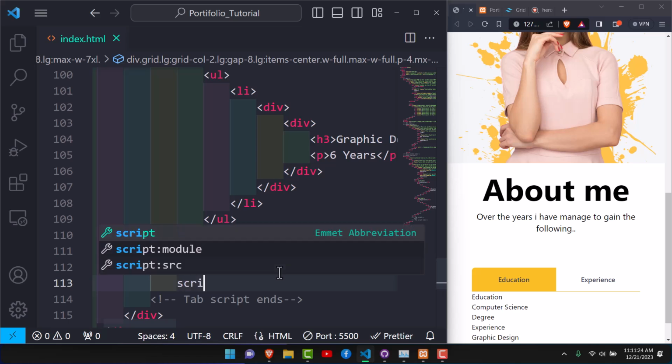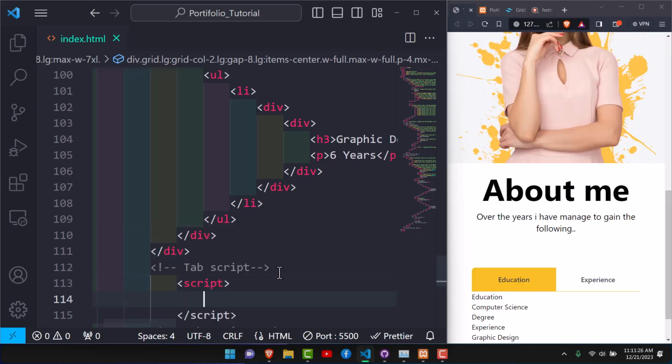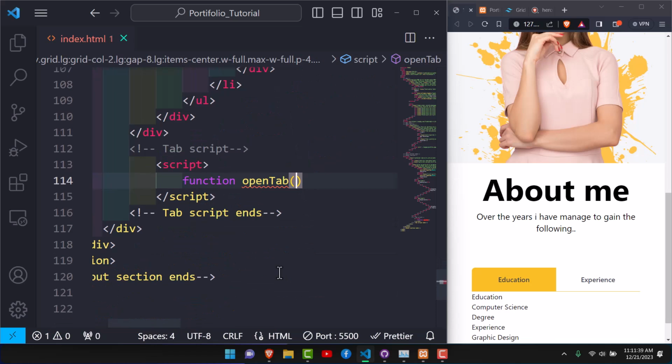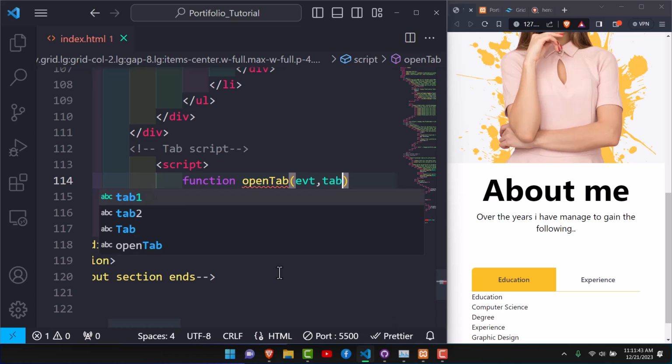So we'll of course have script. Inside that we're going to talk about the function. It's openTab, and this one should be event, tabName,